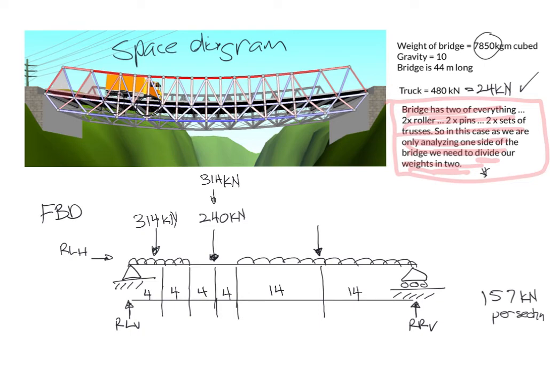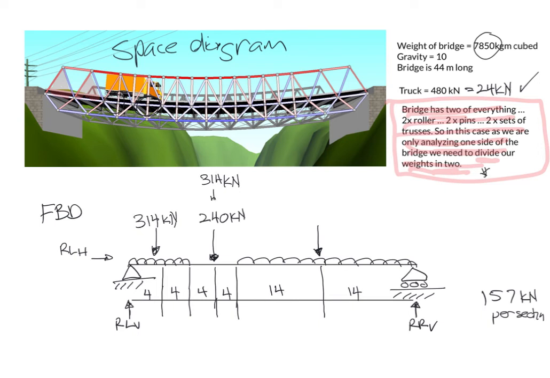And again, we're taking it from the centre. If this was a box, we take the weight from the centre of the box. If it's a uniformly distributed load, like we've drawn here, it comes back to the centre of the load. So again here, I've got 314 plus 240, which equals a total of